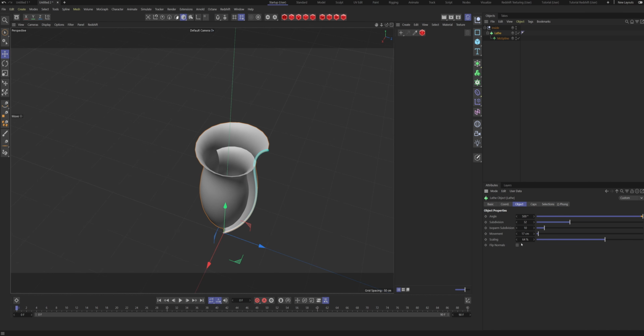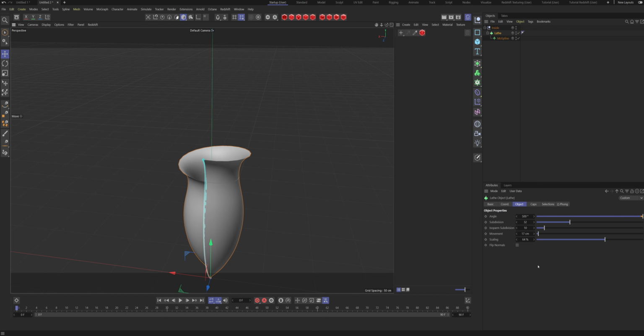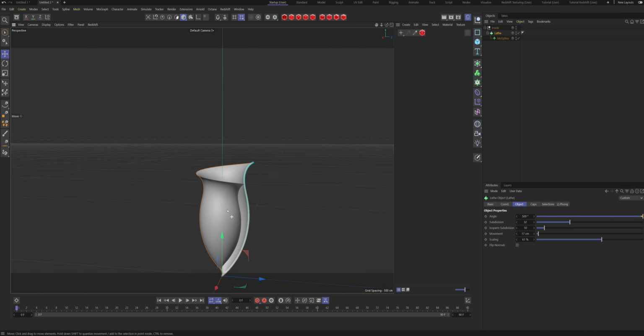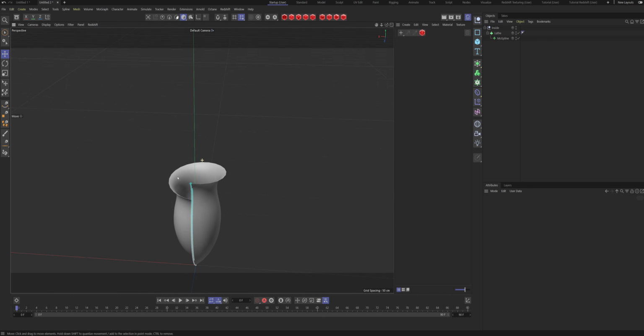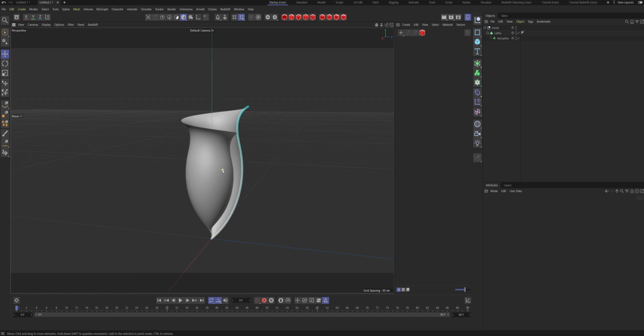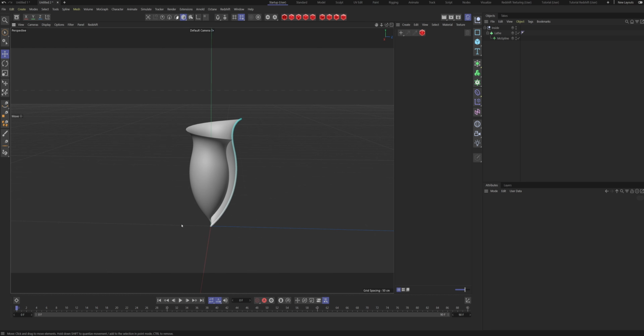All right, and I see we need to do a little bit more scaling so it doesn't intersect like this. All right, so now we got an interesting looking flower,